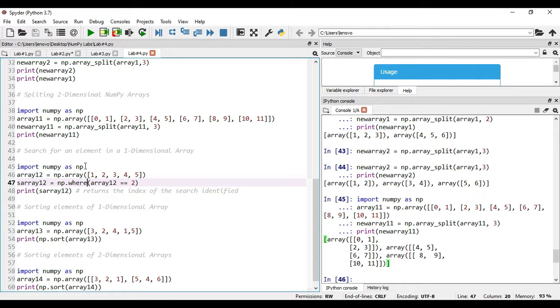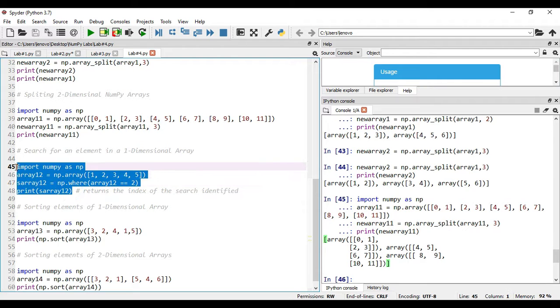How it will be, you see, first I imported the NumPy package, then created a one-dimensional array, and I have mentioned the where function. In this I have written like this, you see, array 1, 2 is exactly equal to 2. That means that when a particular element of this array is equal to 2, then the result I have to keep in the array 1, 2, and the same I have to print it.